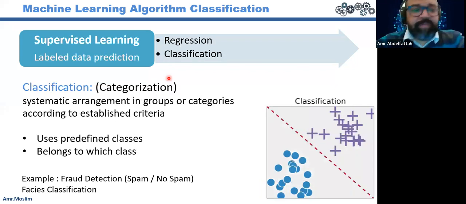Next, in the supervised machine learning category as well, we have classification. And classification is another word for categorization. As suggested here in the image on the right-hand side, we draw a line between two different categories, two different classes. So it's basically to rearrange the data you have according to a criteria with